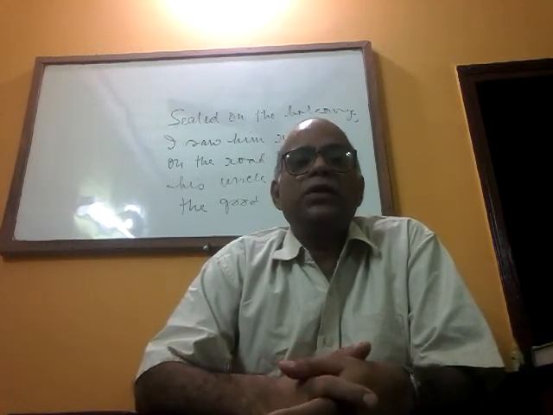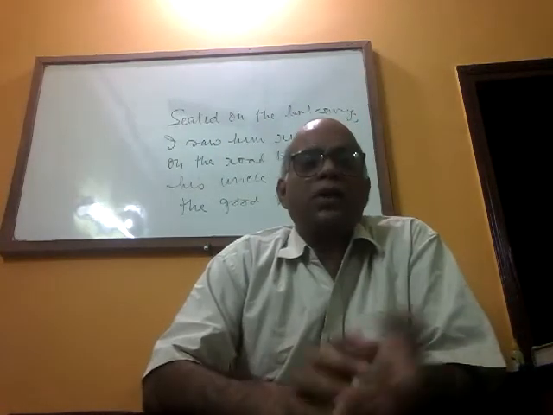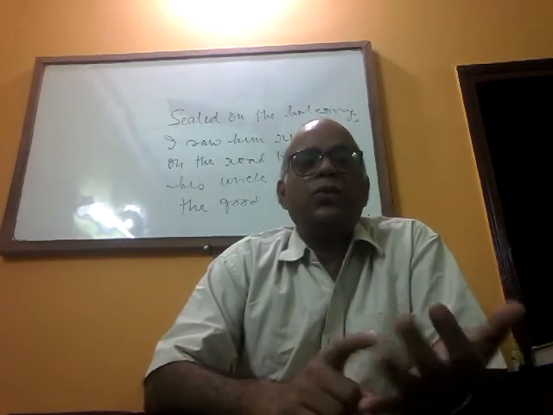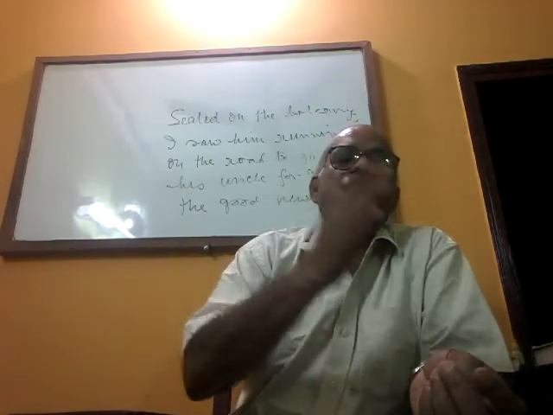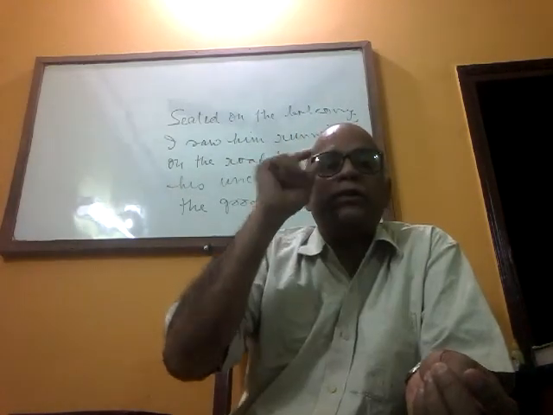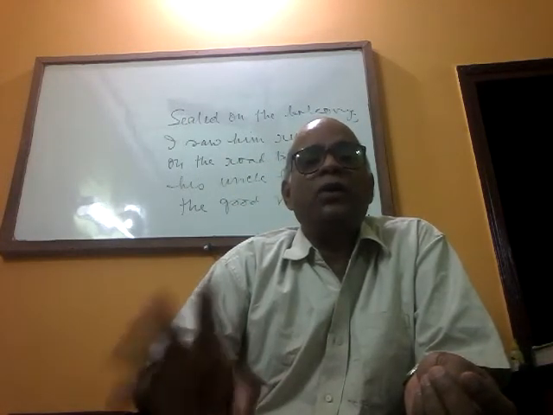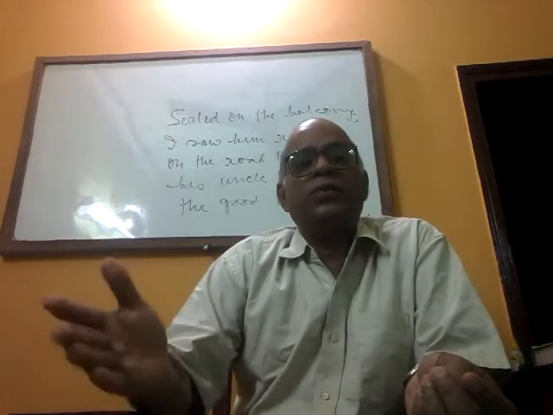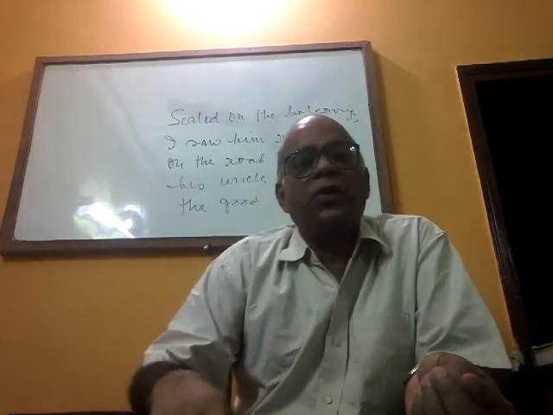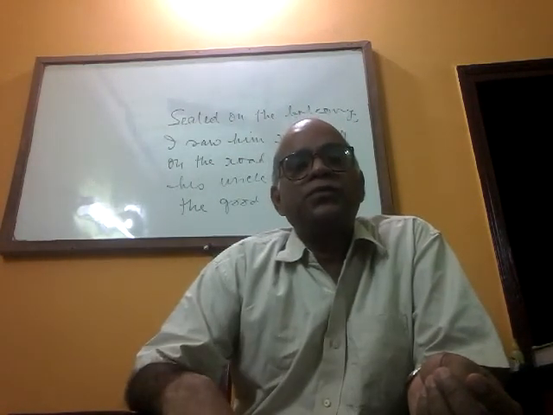Now subordinating conjunctions are all the relative pronouns like who, which, when, what, where. These sometimes can be used at the beginning of a sentence to raise questions. That's why they are called interrogative pronouns: who, which, when, what, where, how. These are used as interrogative pronouns as well as relative pronouns. When they frame questions, we call them interrogative pronouns. When they relate to another noun, we call them relative pronouns.